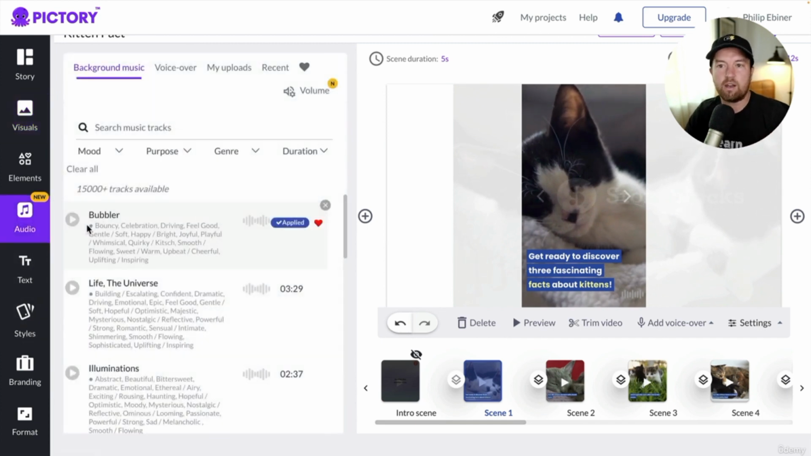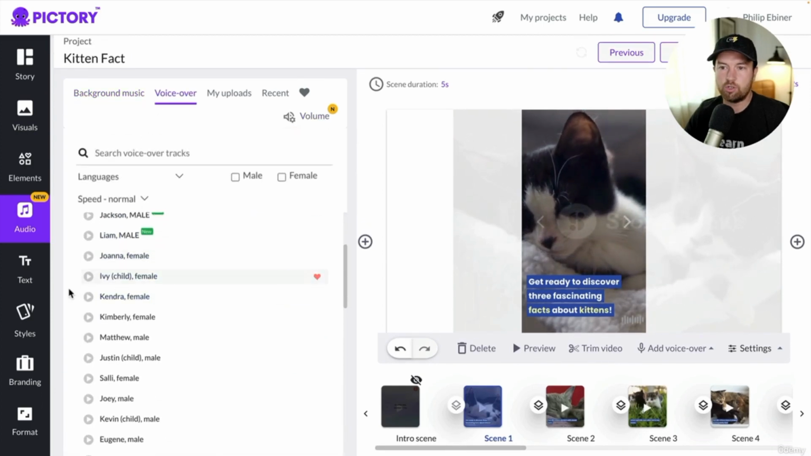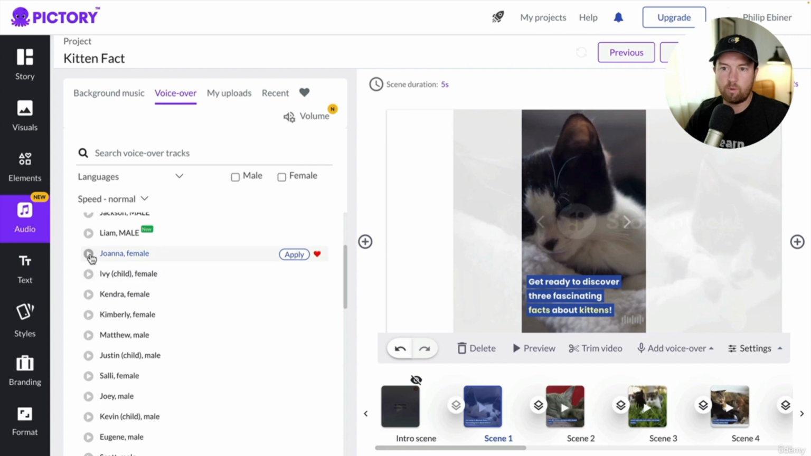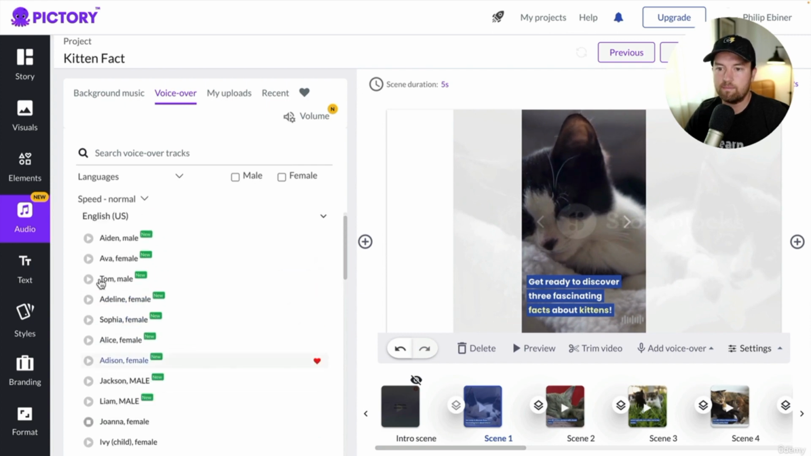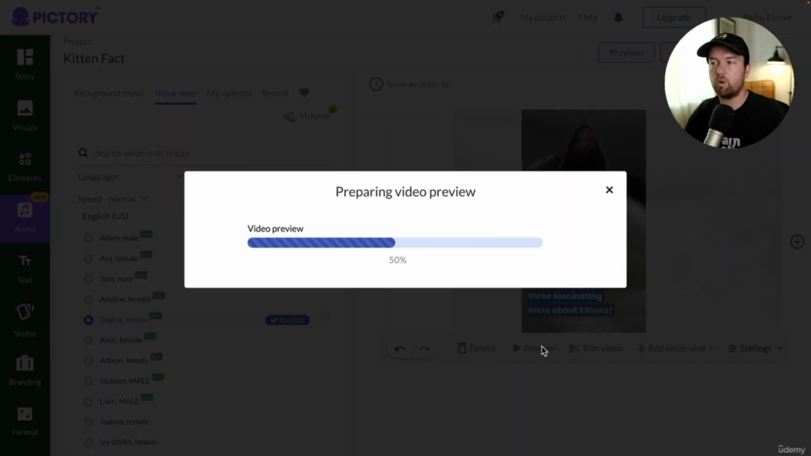If you click on audio, click on voiceover, here you can choose a voice and preview it with the play buttons. Welcome to Pictory. Welcome to Pictory. And once you find one that you like, you can click apply, and it's going to apply it to your video. And now when we click preview, it's going to take a moment to load, but once it renders out,